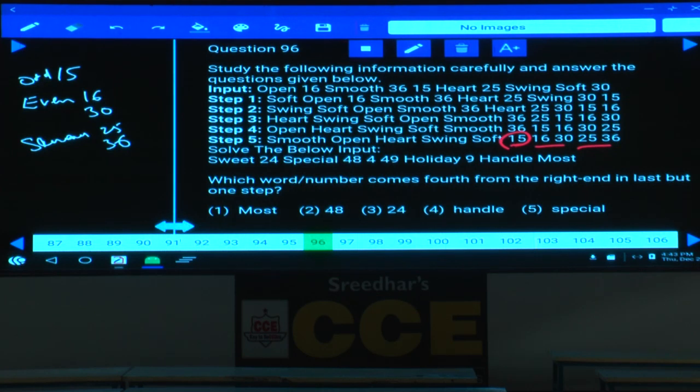As for 101 to 105, I will discuss this one afterwards. Then 106 to 110. Now in this 106 to 110,